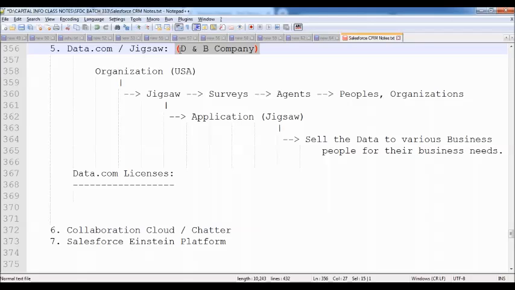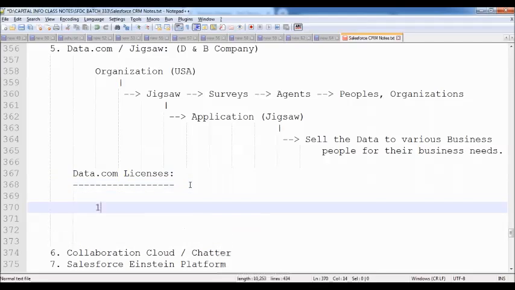Suppose you don't have any branch in your city, or you want to buy the data regularly. At that time we can buy the data online by using data.com licenses. As part of data.com, two licenses are available.